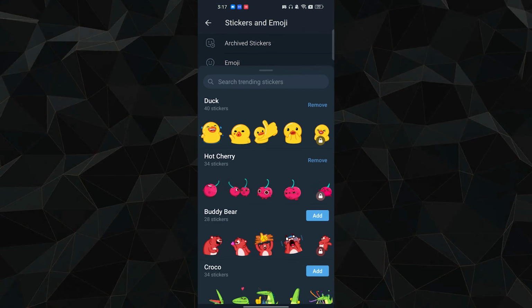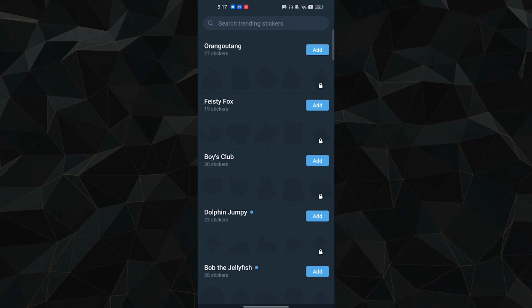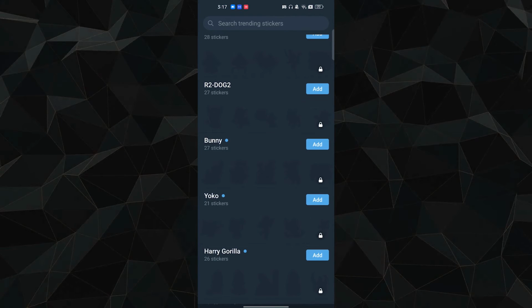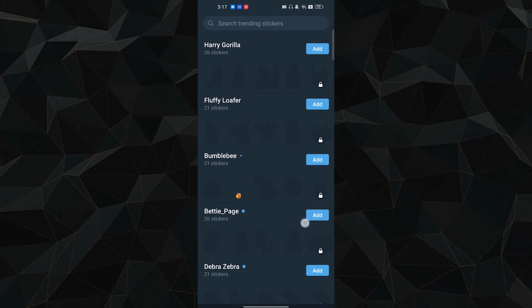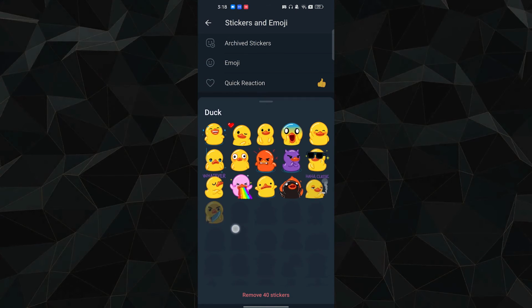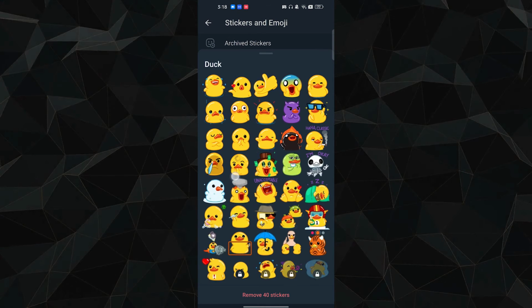For example, if you just go here, and by the way you can download any other sticker set, and if you have purchased any sticker set you can just drag it here, and then it will show you in your sticker set, right? And here if you just click on this, you will find all the stickers which are